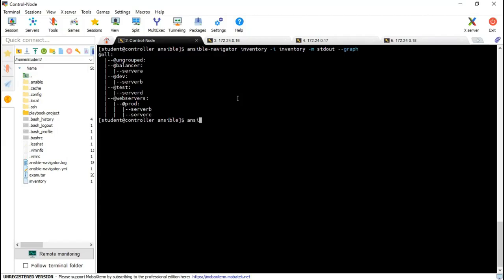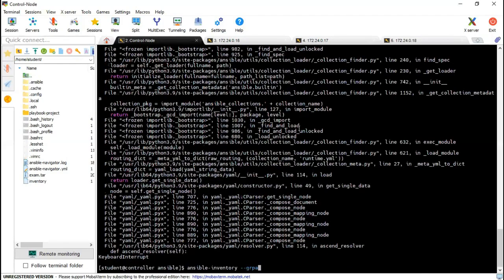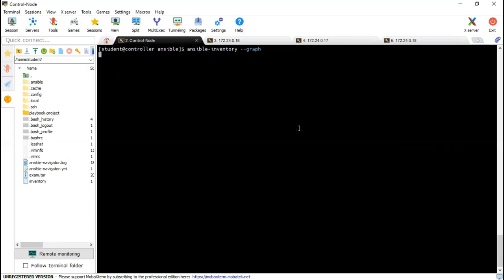Remember, during your practice, you can also practice this one: ansible all --list-hosts, or you can do ansible-inventory --graph. That is also a command with graph, right?